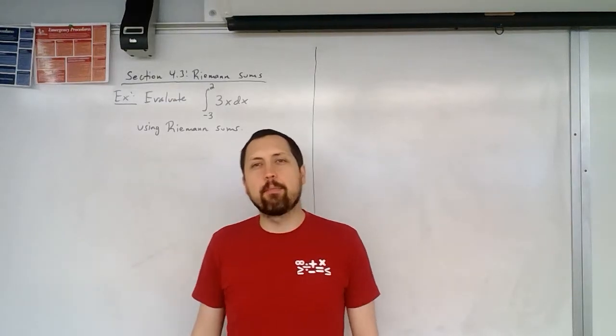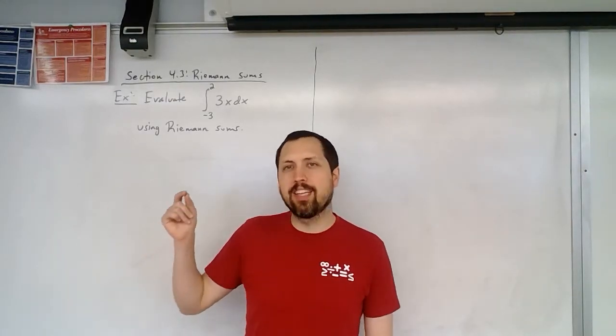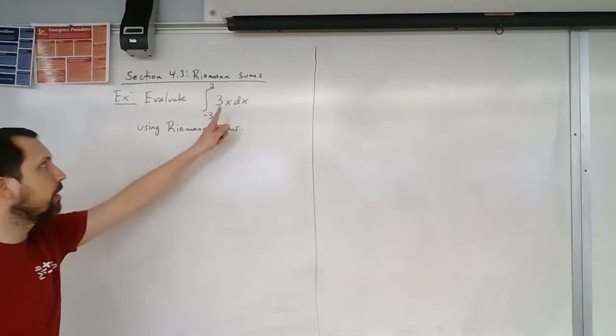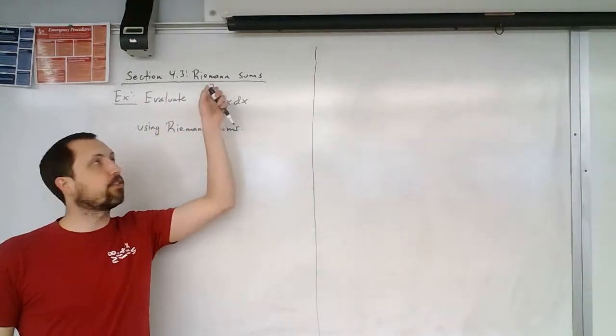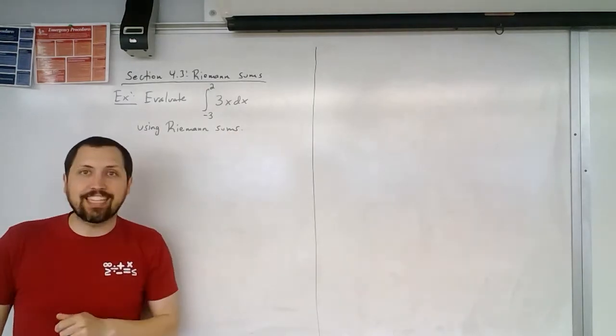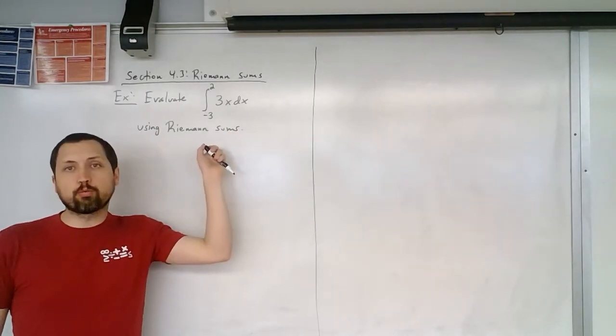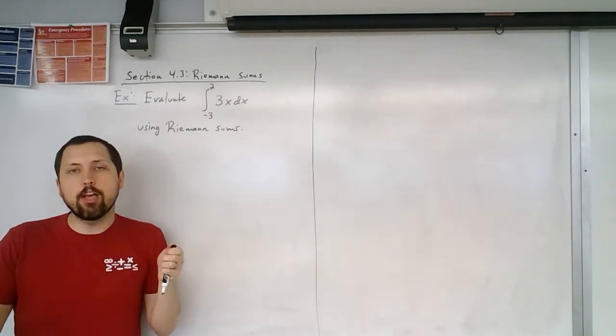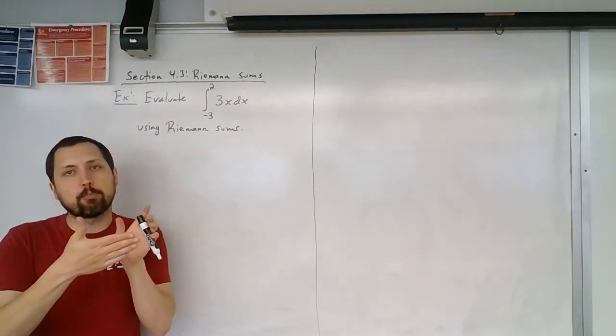Let's take a look at an example of using Riemann sums to calculate one of these definite integrals. So now that we see this notation before, this is the integral from -3 to 2 of 3x dx. And we'd like to use Riemann sums. So remember, Riemann sums, that's just the same thing as using limits with our rectangles getting smaller and smaller in